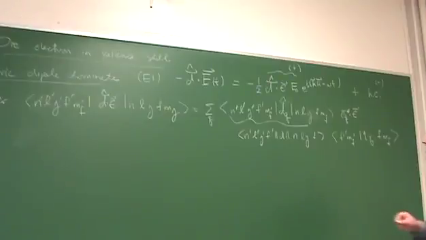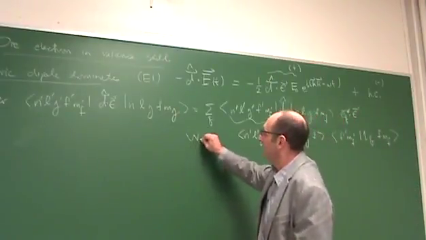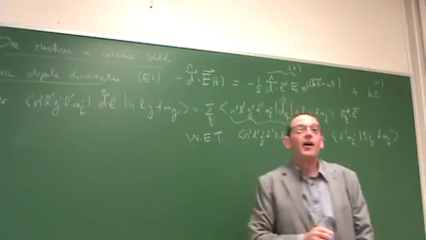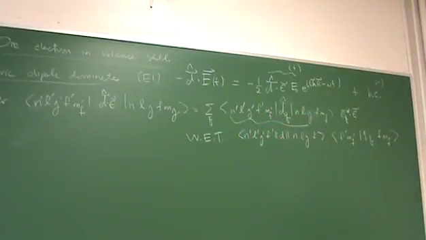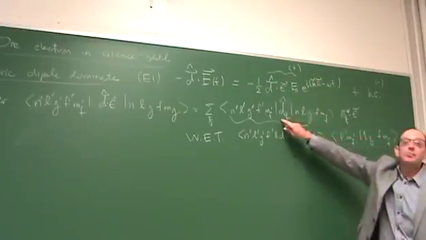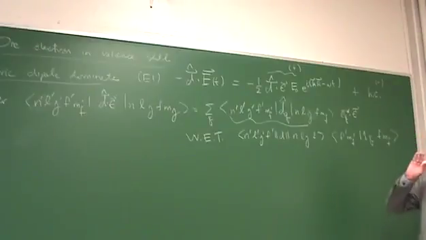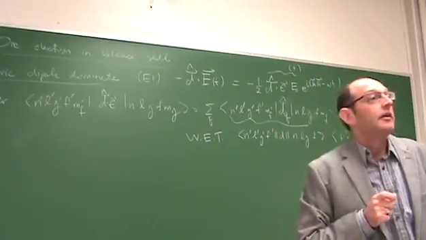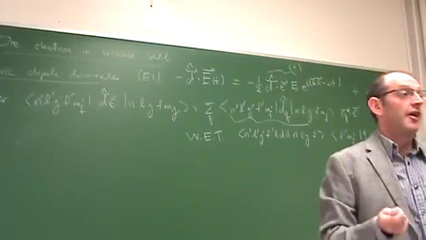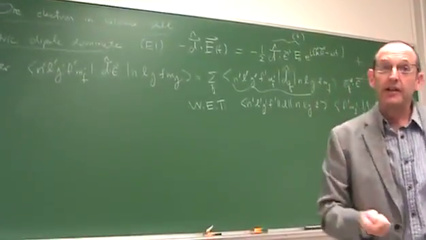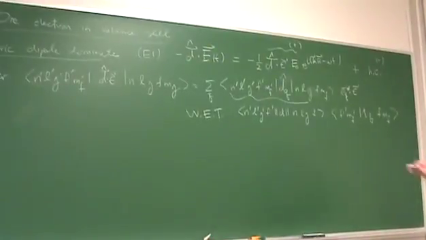Then, according to the Wigner-Eckart theorem, the good old WET, the matrix element of this component of the dipole operator takes the following form. The electric dipole moment is a vector, therefore it is a rank 1 tensor. Therefore, when expressed in terms of the Wigner-Eckart theorem, we have a reduced matrix element, a reduced dipole matrix element, which depends on